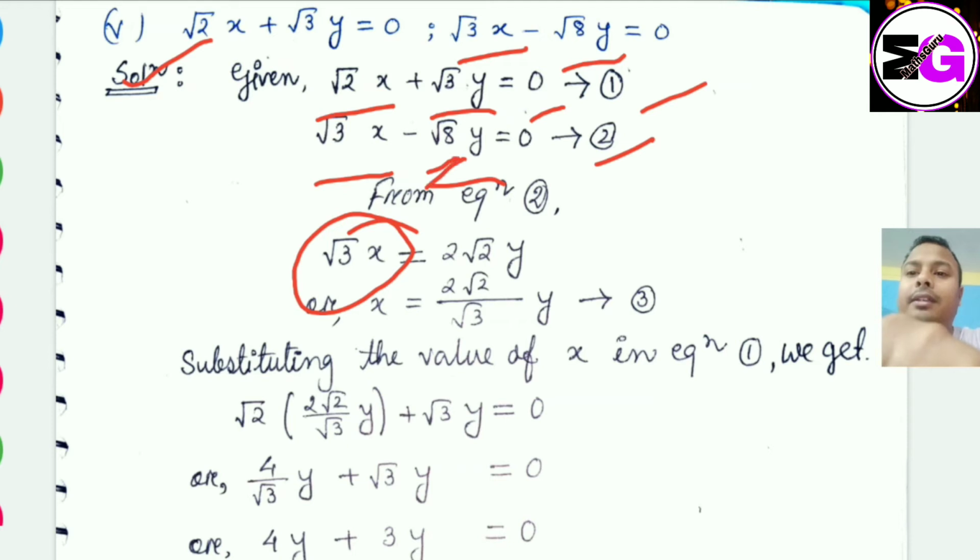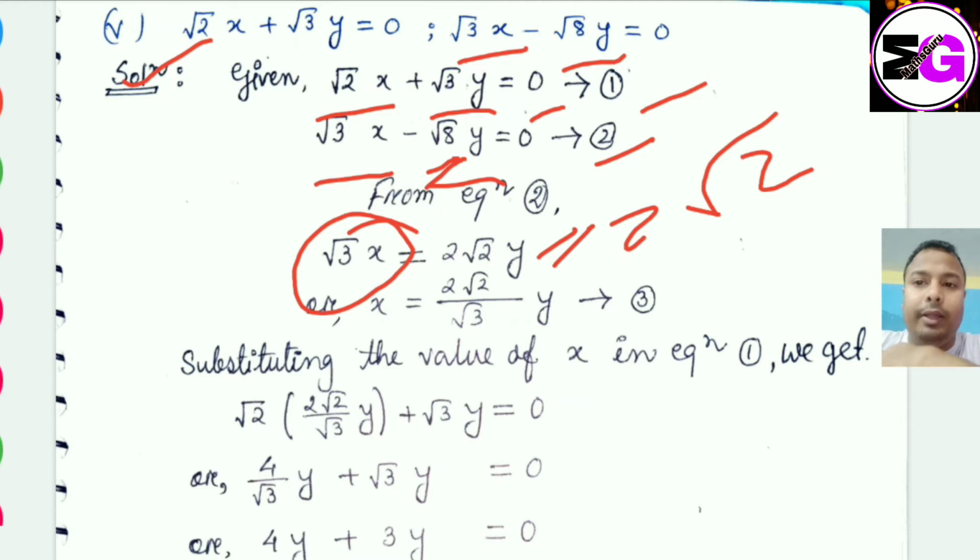root 8 আসলে না minus root 8y আসলে, so আমি এইফালে আহিলে plus root 8y, so root 8 to আমি 2 root 2 বুলি লিখিব পাৰো হয় না, so আমি হেতুকে লিখিছো 2 root 2 y. Okay, next x is equals to 2 root 2 by root 3 y ঠিক আছে. So substituting the value of x in equation 1, আমি এটো 2 পা লৈছিলো, so আমি equation 1 ত পাতিম so root 2